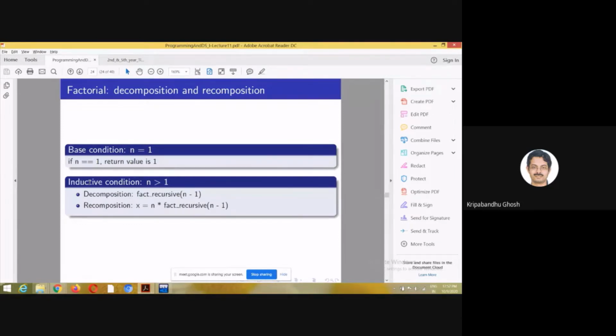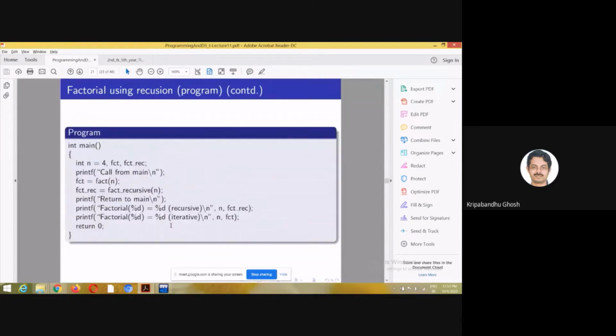Here it is not exactly the same, but it is also called inductive reasoning, where when the value of n is small, it is easy to calculate, so you don't bother about all these jumpings and all these complications, right? So you can easily calculate that. But when n becomes large, then you can take the help of this kind of process. So you can also do this using a loop, right?